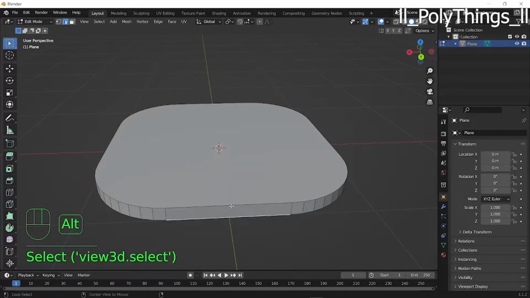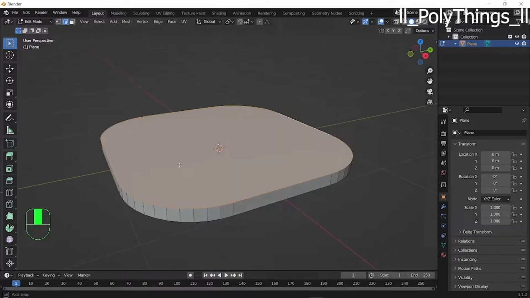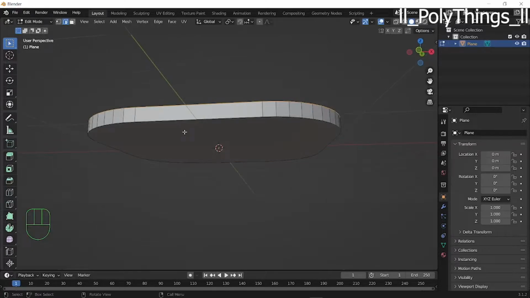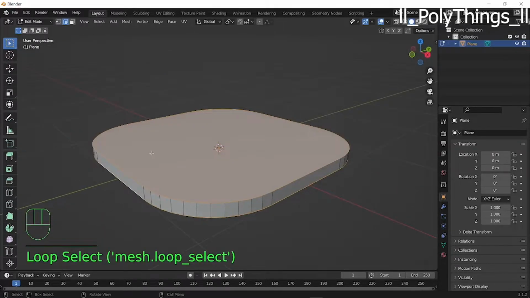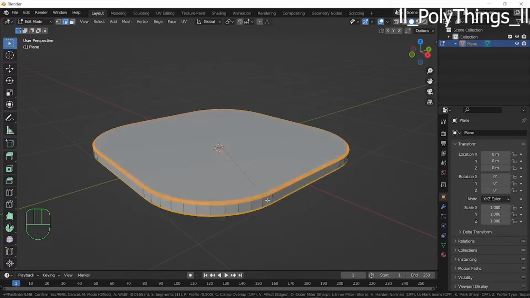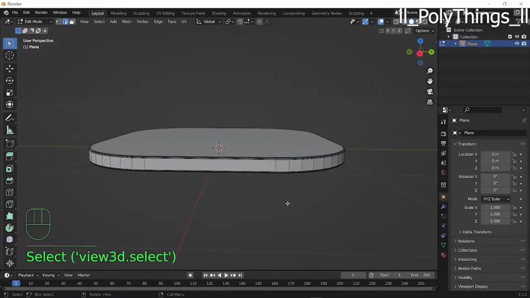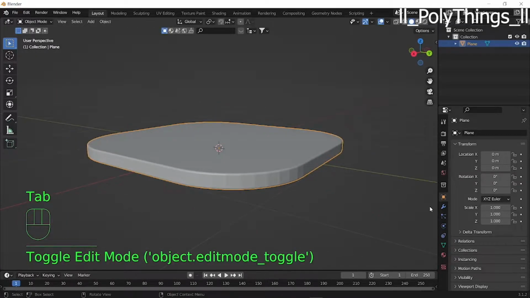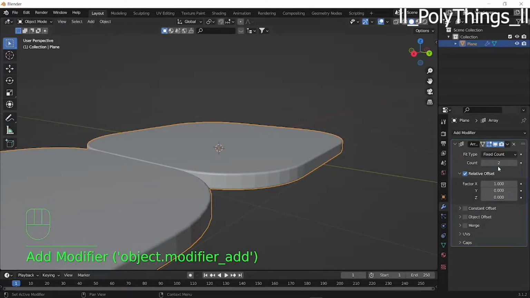Or press Alt and select this so that all the sides are selected. Do the same to the bottom. Shift Alt, select, Ctrl B. There you go. Go back to object mode and we'll add a modifier called array modifier and set the count